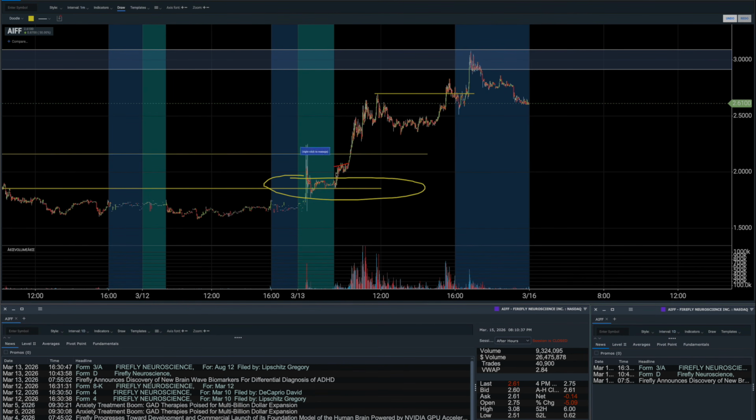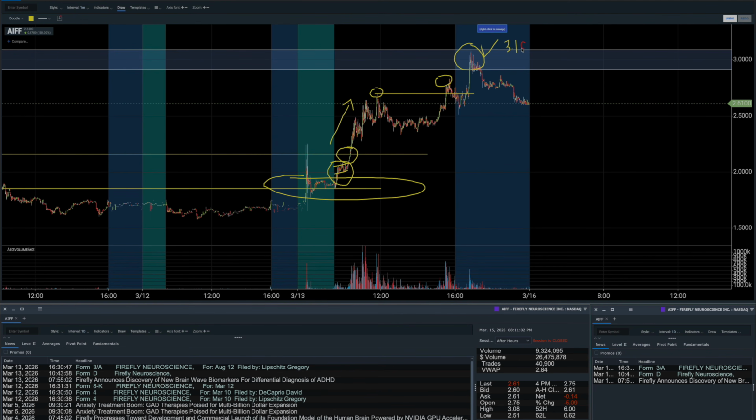Now, initially, the stock took a little bit of time before the real momentum started, as you can see here. But the key level I was watching was the resistance around 215 to 216. Once the stock broke through that level, that's when the momentum really started to accelerate. From there, the stock ran to 270 and 282 during regular market hours the same day. Then later in after hours, we saw the move continue and we saw a high of $3.08, which actually hit